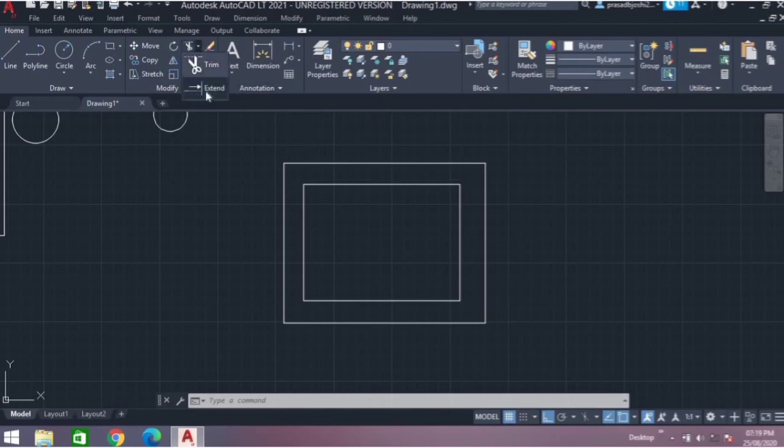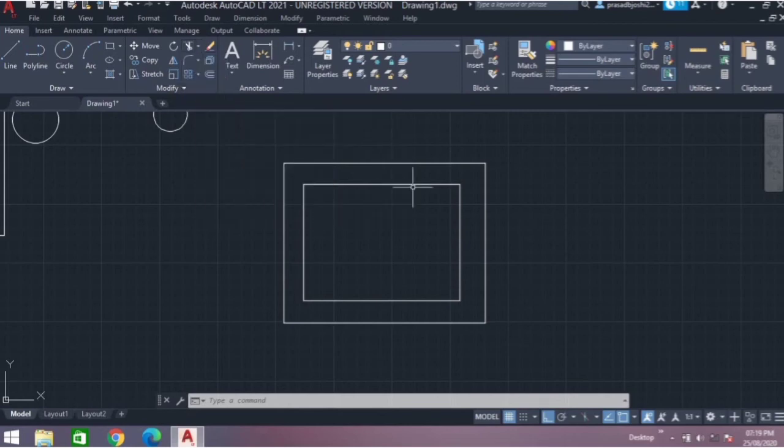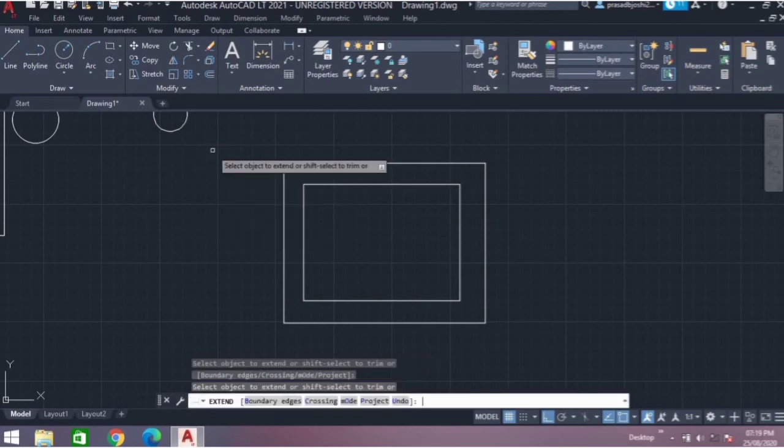Then we have in this extend command as well. So extend command is used to extend one particular line. Suppose I want this line till this line. I want to extend this point till this point. So I can simply type extend. The shortcut for extend command is EX double space. So simply type EX and double space and select the line you want to extend. So click on this, the line gets extended. Similarly, we can extend this line, and this line. So this was the extend command.